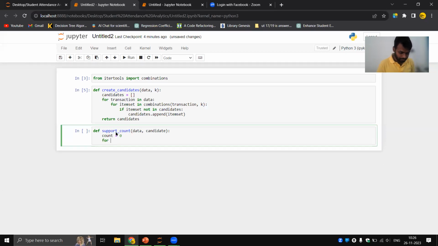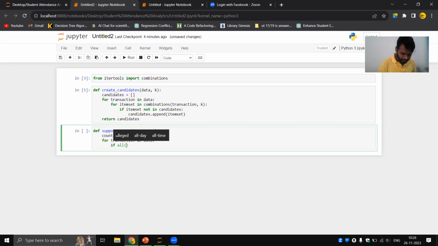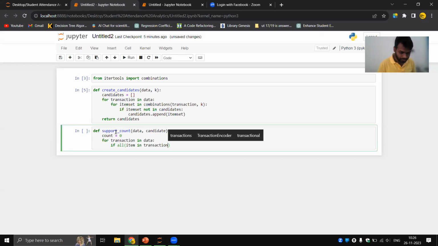And then for transaction in data, if all item in transaction for item in candidate.